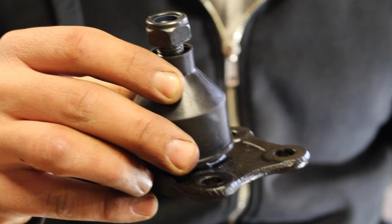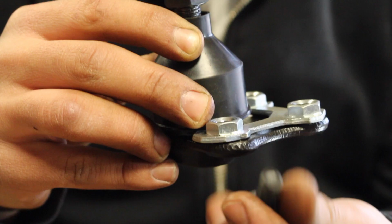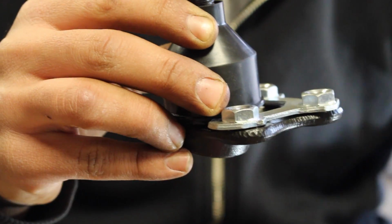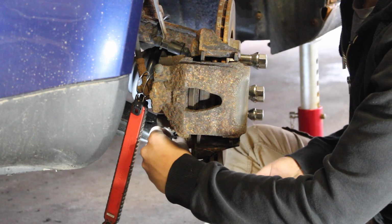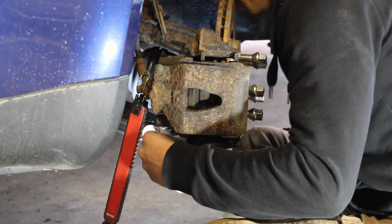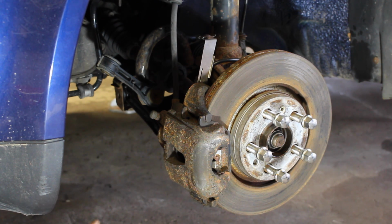Now that we have the lower ball joint pushed into place, we're going to need to attach the little bracket on top so that we can feed each one of these bolts through. So you put the little bracket on top of the lower control arm, and then you start threading the screws in. Now as soon as those bolts underneath are tightened up, don't tighten them up all the way,